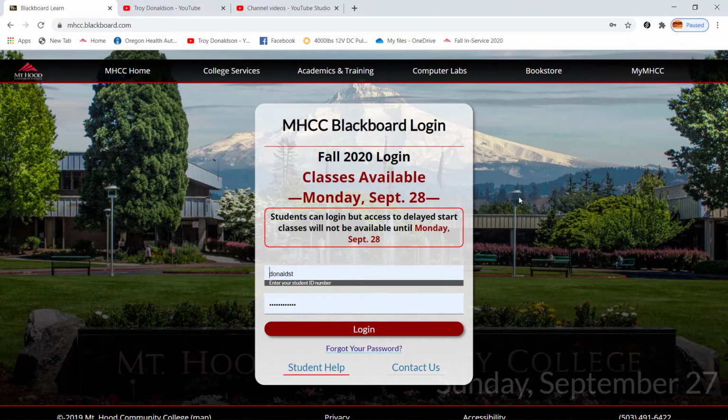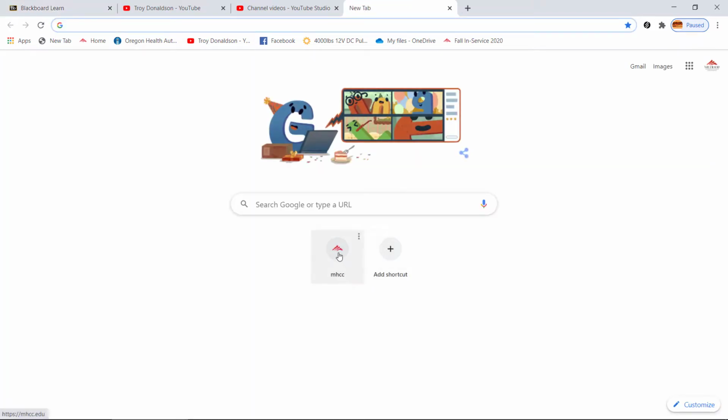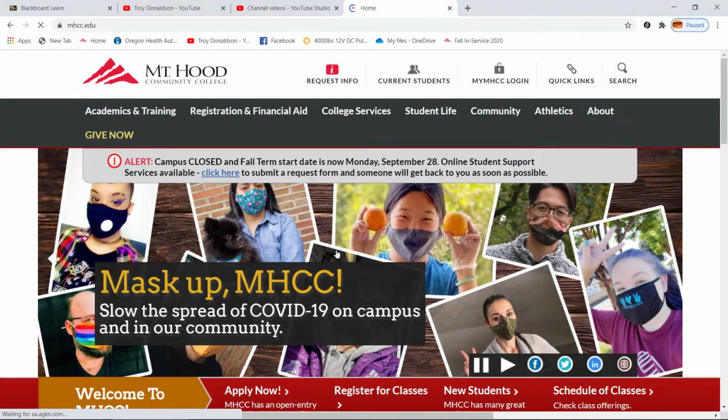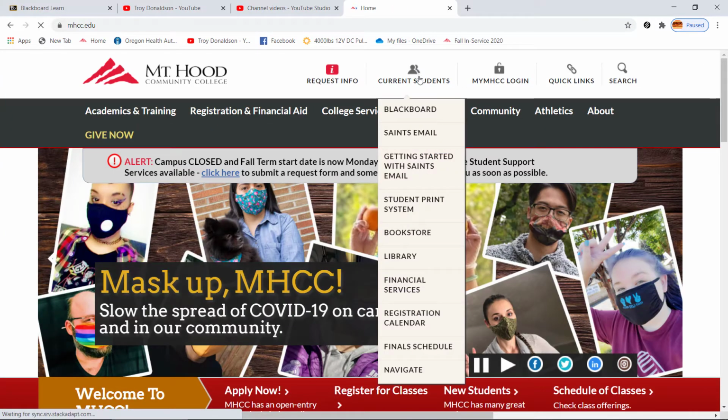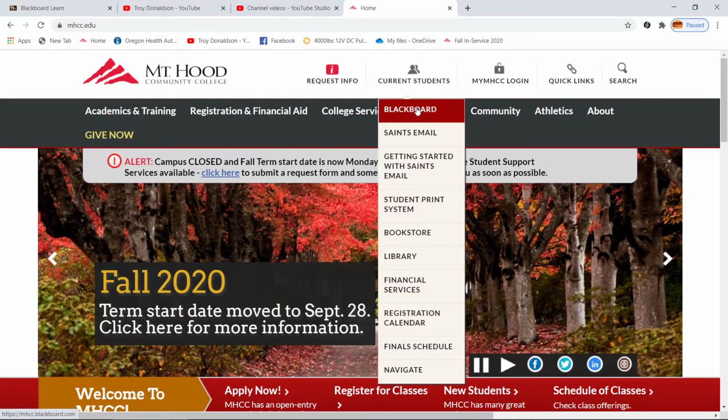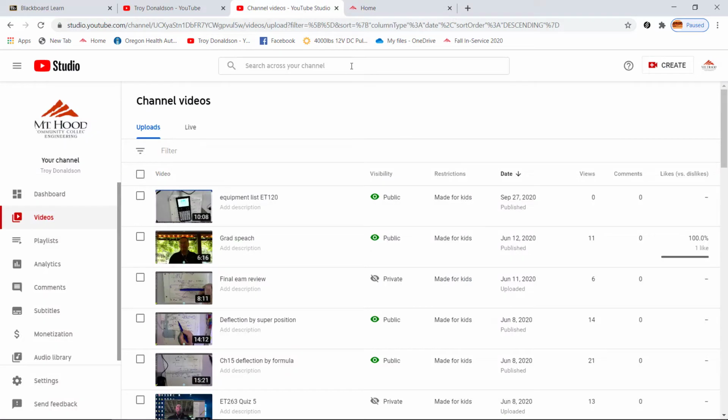At the Mount Hood Community College website, you will find a button for distance learning. So I could show you that. I have it here as a quick link. Once you get in, you'll see current students and Blackboard. So when you get into there,